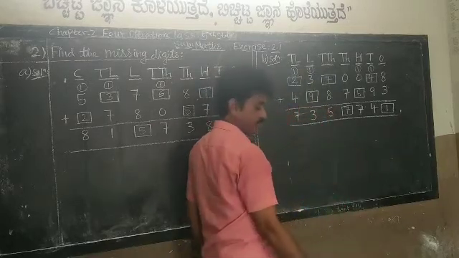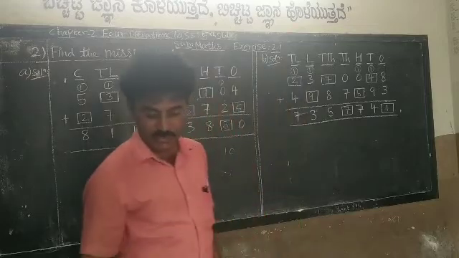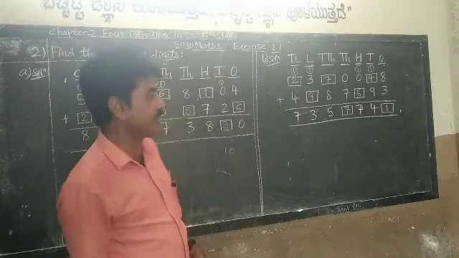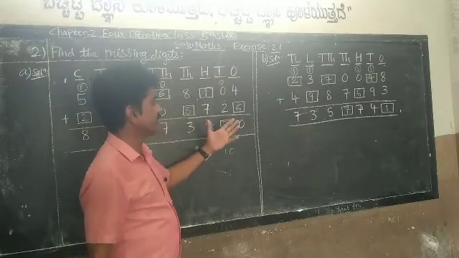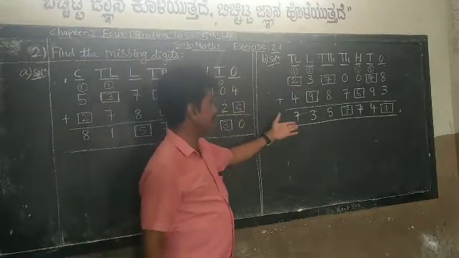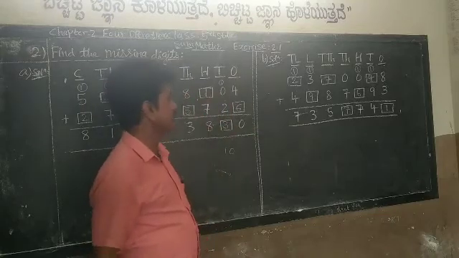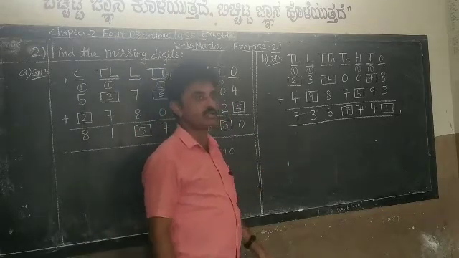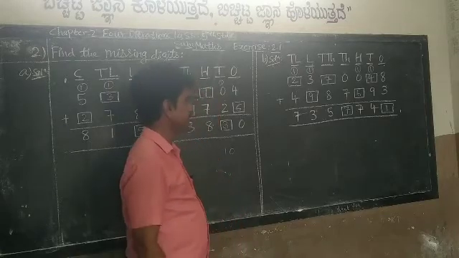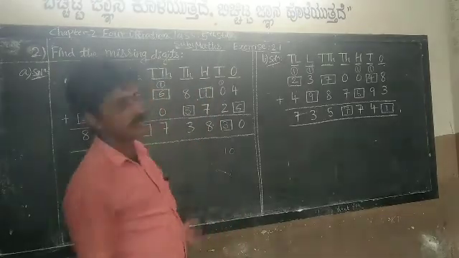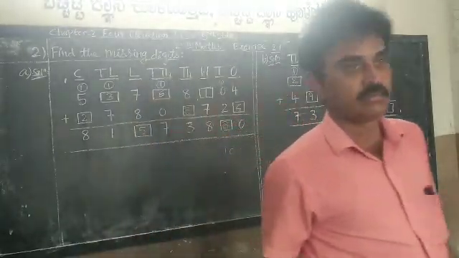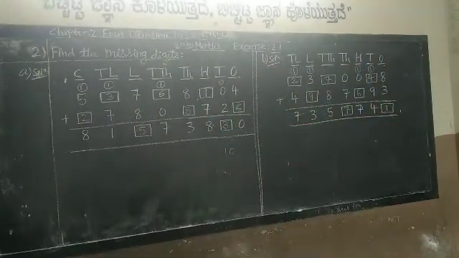These missing digit numbers are very interesting, but you need practice. You should practice more. Then, immediately when you see the two addends and the sum, you will guess the exact digit you have to fill in the box. The remaining problems will continue in the next class. Write it neatly in your maths CW.